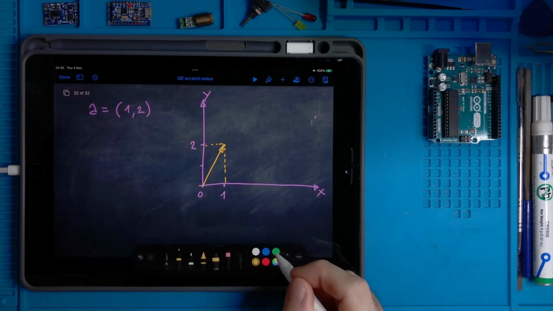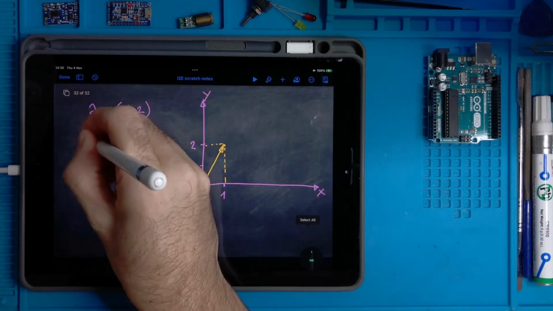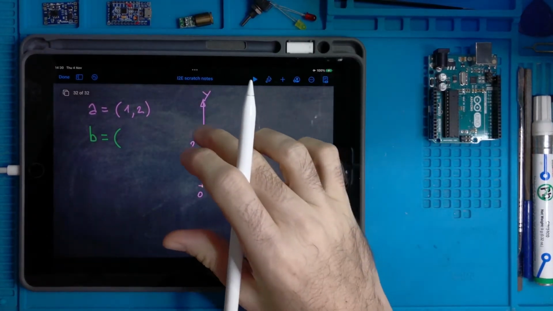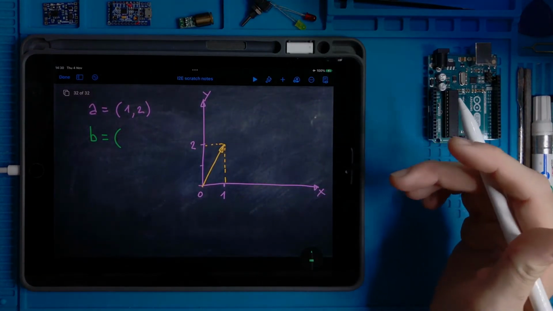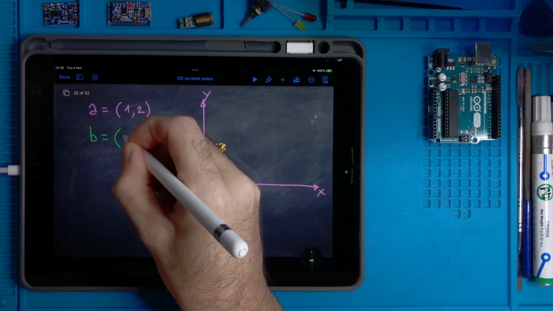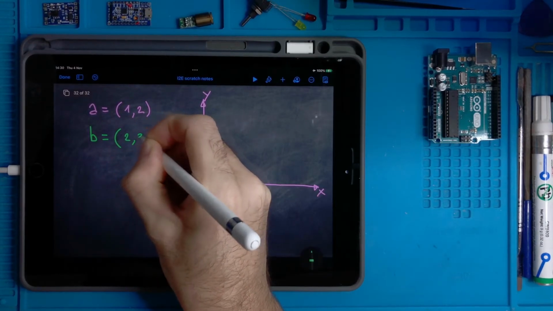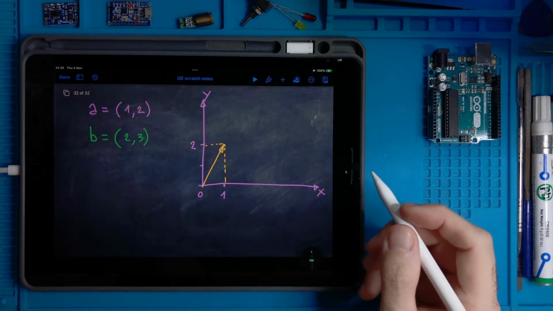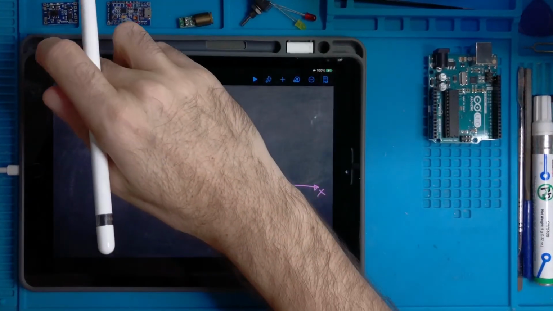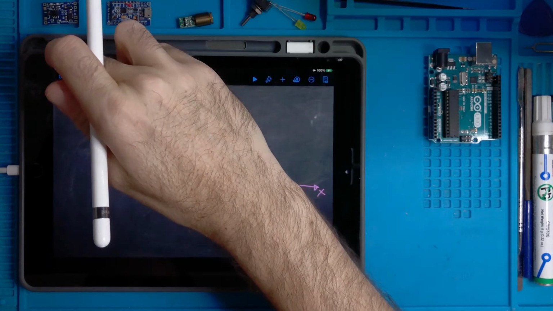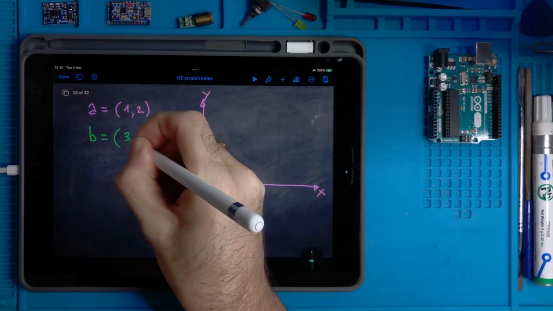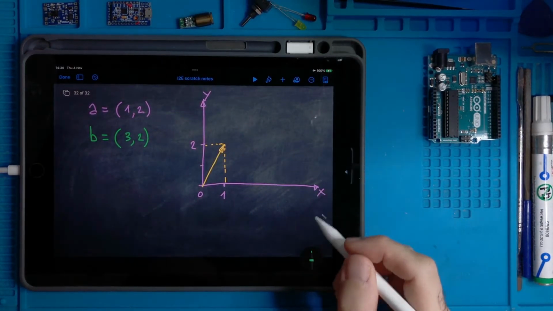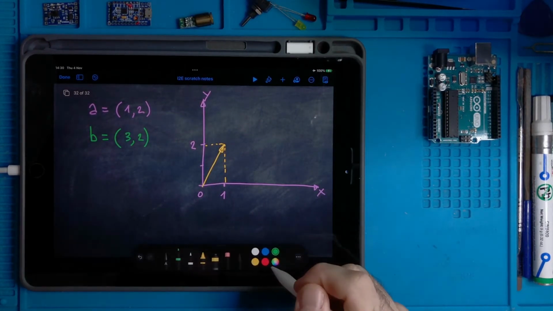Then let's consider another vector, B equals, I put small numbers, otherwise the chart gets too big. No, sorry, let's change it. Let's put, for instance, 3, 2, to have a better visualization.